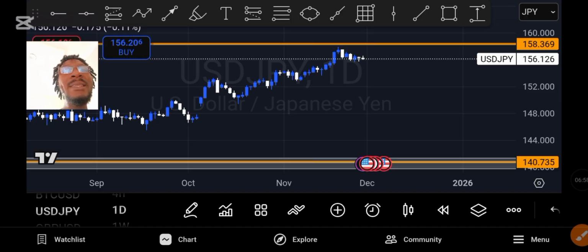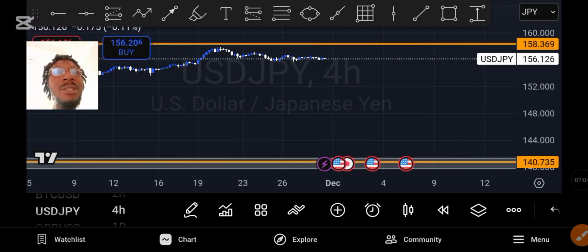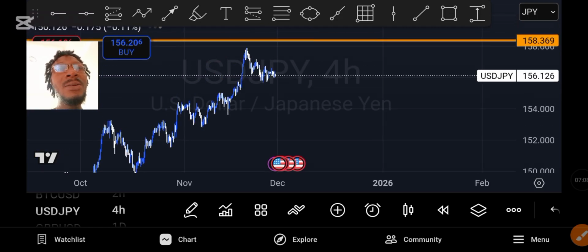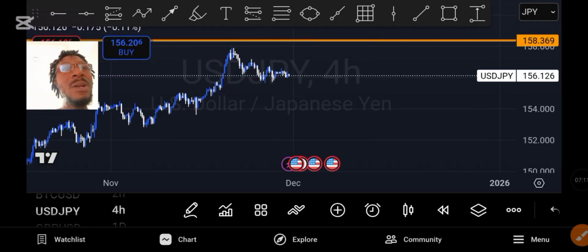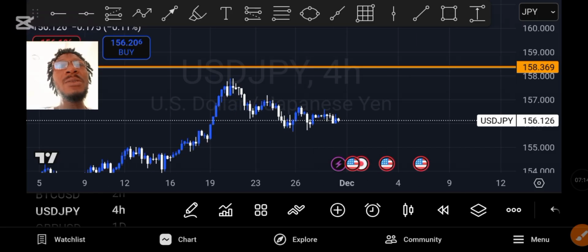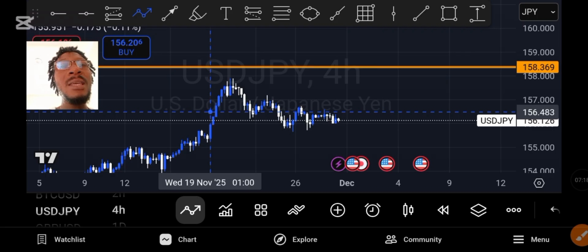So since we are bullish on the daily time frame, let's go down now to the 4 hours to see if we are bullish or bearish. Okay, and now you realize that on the 4 hours, what have we been creating? Lower highs and lower lows. But before we got to that point, there was something that happened on the 1 hour. Okay, if you look at this closely,